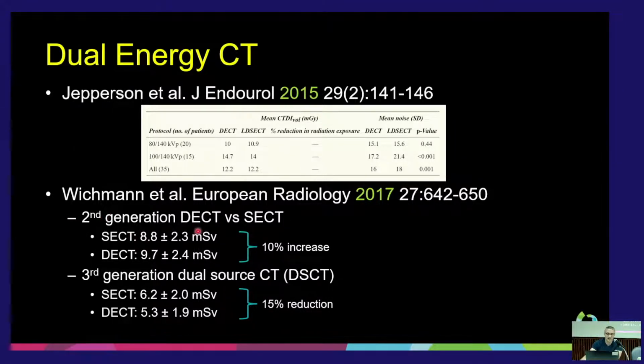This was a second generation dual energy compared to a single energy. You can see the single energy was about 8.8 CTDI and the dual energy is 9.7. Skip down to a third generation dual source CT scanner. The single energy is 6.2, the dual energy is 5.3. So they actually were able to come up with a dose reduction using dual energy CT on the dual source